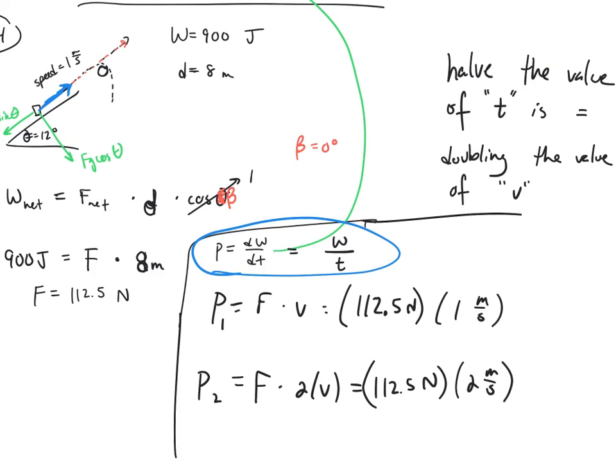What else could we have done? Let's think. We could have taken, if we wanted to, the amount of work done, which is 900 joules, and divided it by the time. I don't have the time right now, though, so I wouldn't have done that necessarily, but I could find the time, right? Take a look at my circle in yellow. Here's